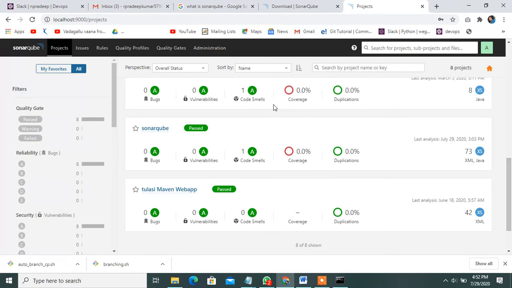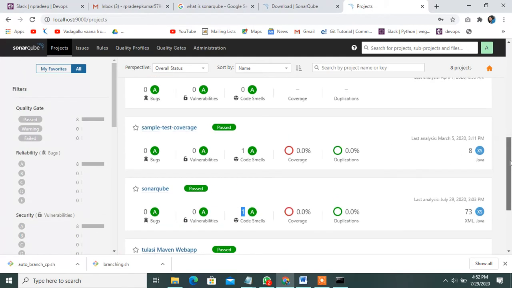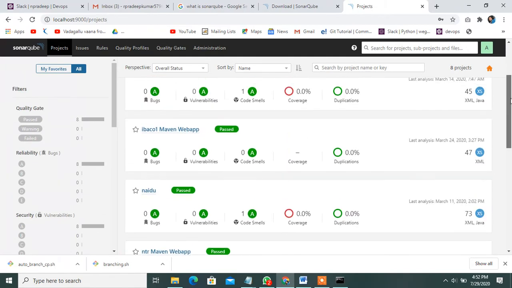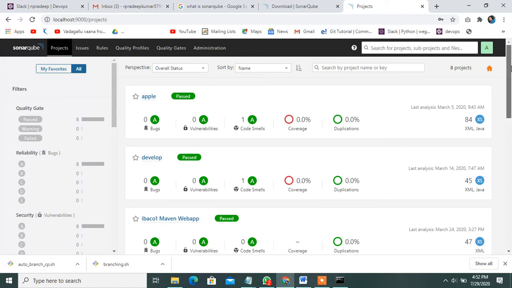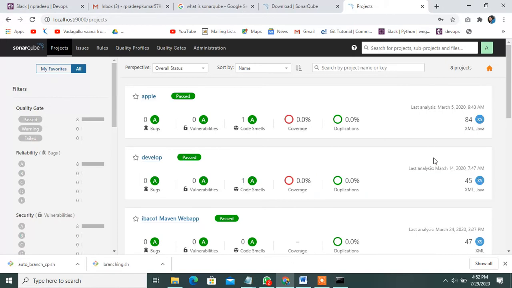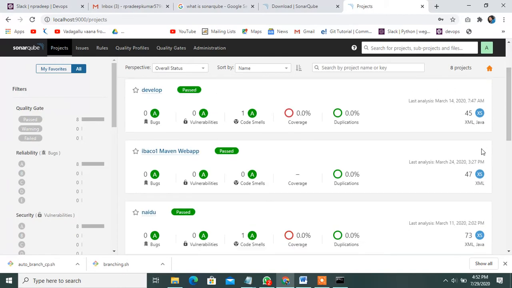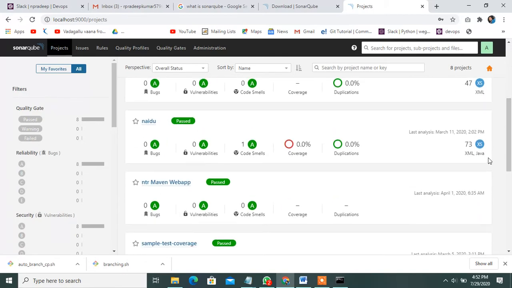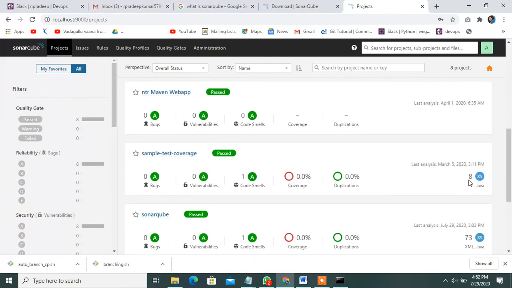See, this is the coverage percentage, code smells and mistakes, and in this case also one SonarQube. And the next is, yeah, this is observe. See, in this case the percentage will be displayed. This is 100% deployed in this application. The 84% will be mentioned here. This is 45 and 47. This is 73. This is not at all often. This is 8% only.